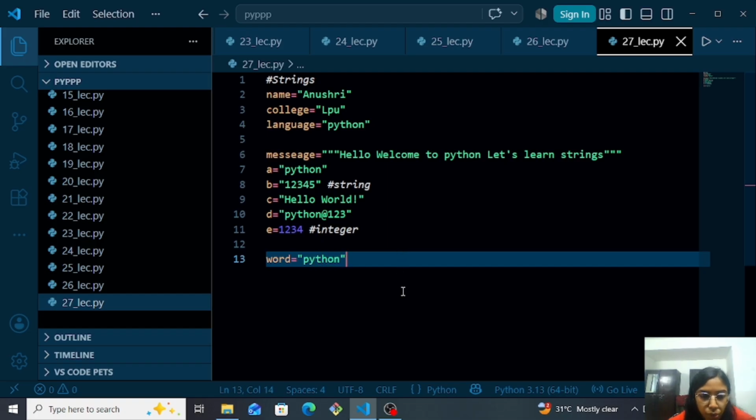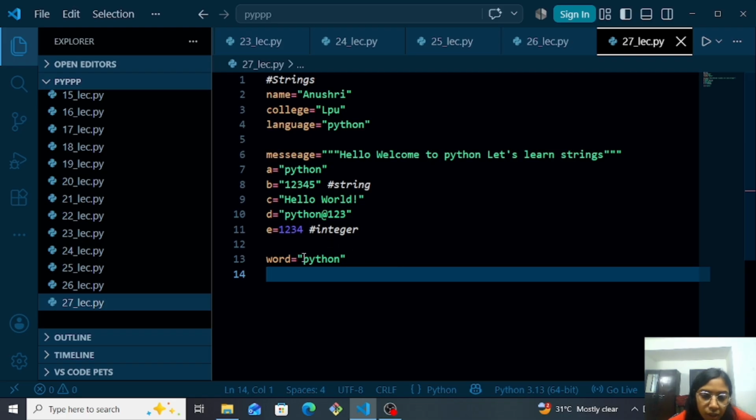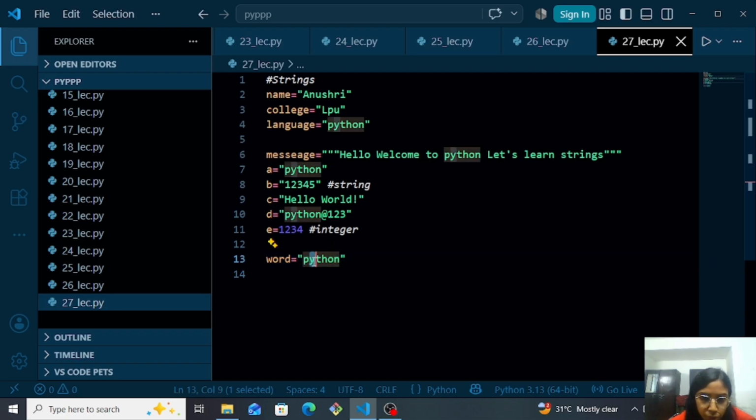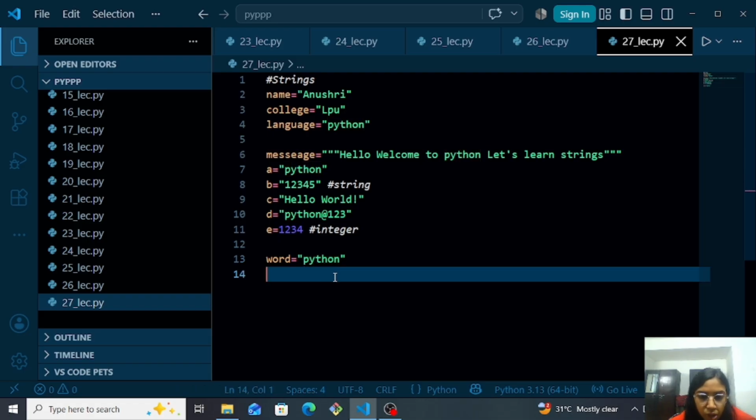So Python stores each character at a particular position. That position is called an index. So P here is in 0 index, position Y in 1, T in 2. We can understand this by writing